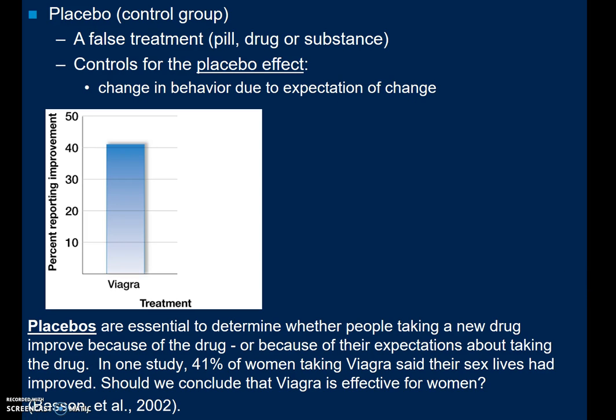Sometimes when we're doing drug research or any kind of substance that people can ingest, or a cream, like treatments for rashes or something, sometimes we call the control group the placebo group. And that would be a group of people who are taking a fake substance. And so we would have an experimental group taking the real drug, for example, and a control group taking a fake pill. Now, they don't really know they're taking a fake pill. What we have to do in this situation is tell everybody ahead of time that some of them are going to get a real pill with active ingredients, and some of them